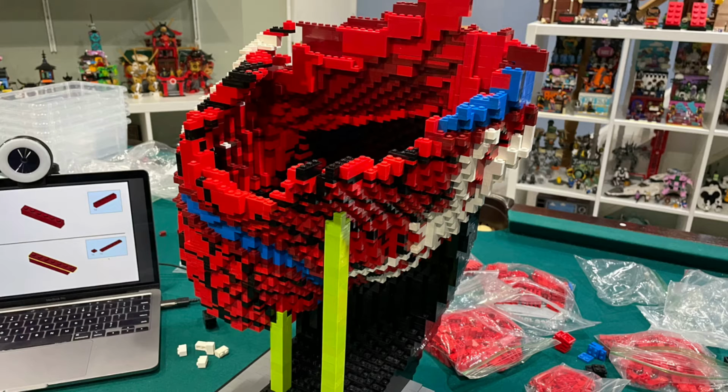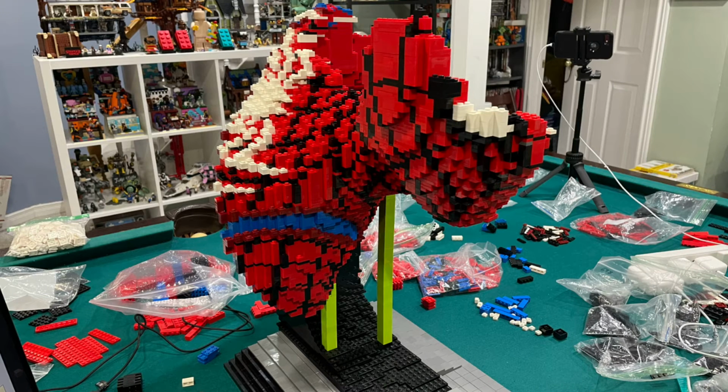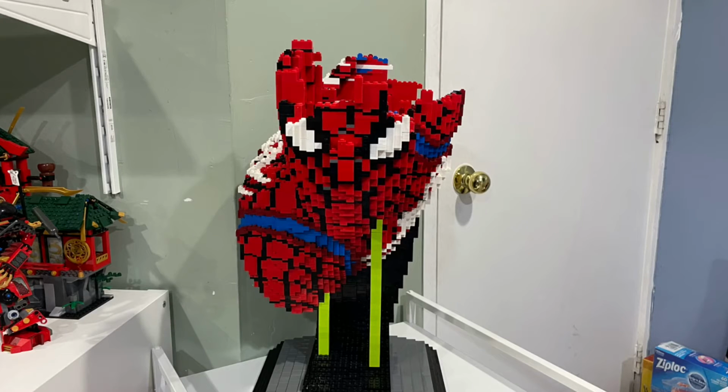If it was sturdy enough, it would be so cool to put it by the front door. So anyone who tries to break in would just...